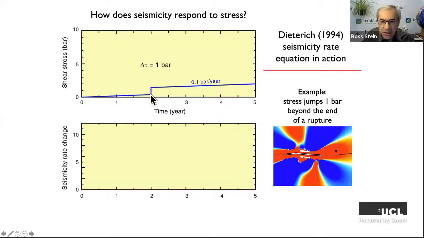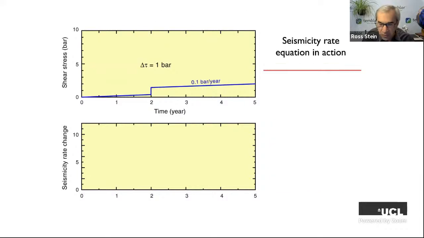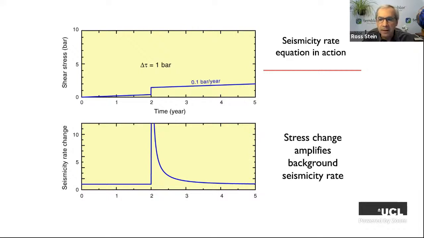So what does the Dieterich equation predict that this is going to produce? It's going to produce something like this. It's an impulse and then response and decay, looking just like an aftershock decay. So that's what is expected. It's not a permanent increase in seismicity. It fades, and eventually it'll go back to where it was, or almost where it was before. So the first message of the seismicity rate equation is that the response of a fault to a sudden stress change is a dramatic increase in seismicity rate that decays.